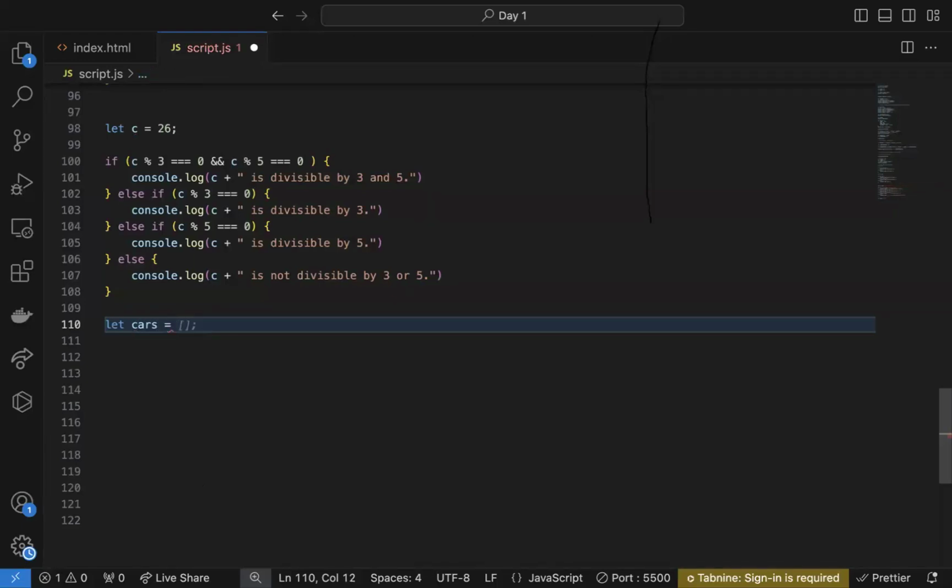So we define the array, and then we say, let's say Ferrari. Then Lamborghini. Maybe we should use simple cars that we have in Nigeria. Let's say Camry. And then we have Mercedes-Benz. Then we have